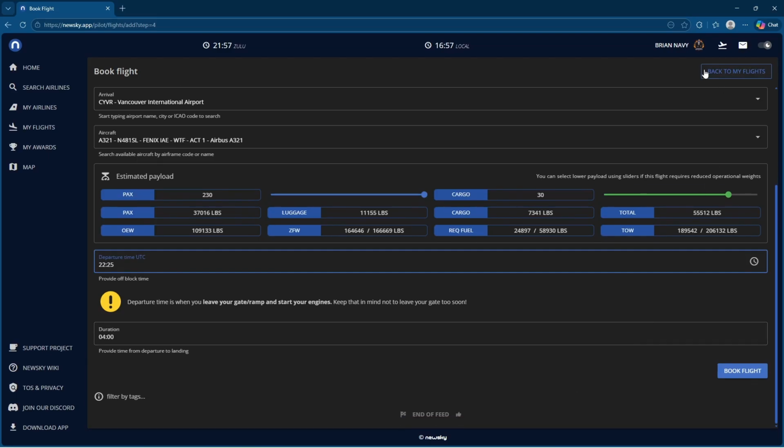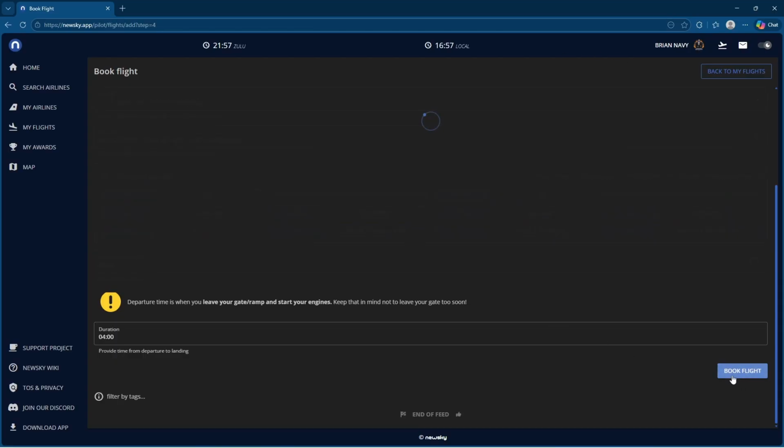That should be all the information we need. When you first joined Newsky and set up your account, you should have linked your account through the profile menu settings to your Navigraph. If you haven't done that, be sure you are linked to Navigraph before you click the book flight button, because it needs your account linked so that it can log you in. After that, you just click book flight,